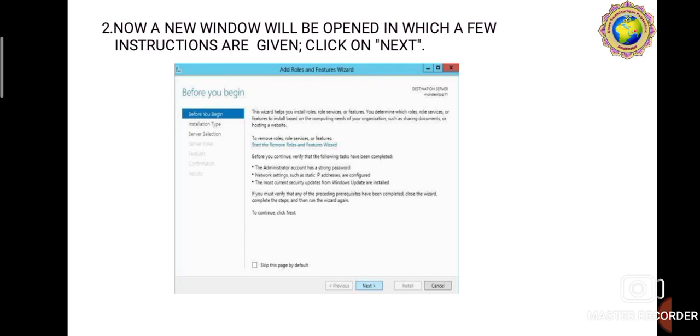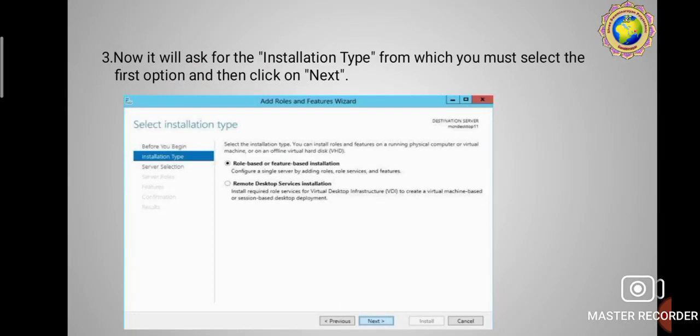Before you begin, this type of pop-up box will show. Click on the next button. Next, now it will ask for the installation type, from which you must select the first option and then click on